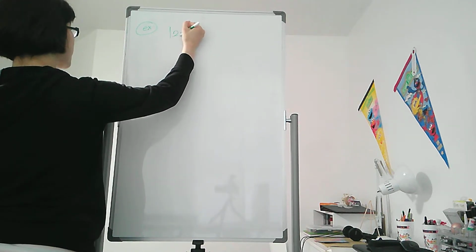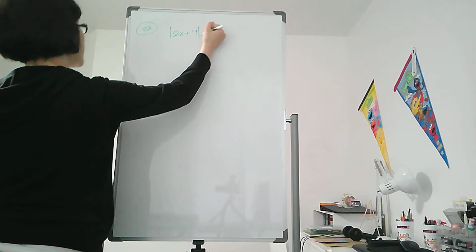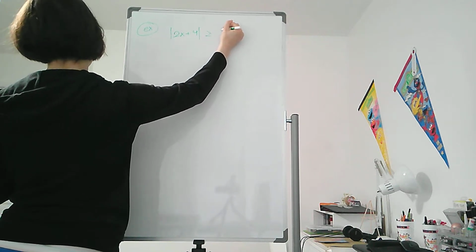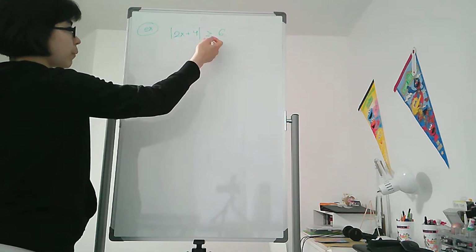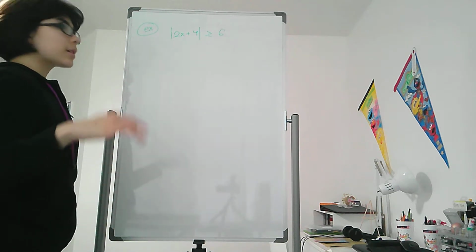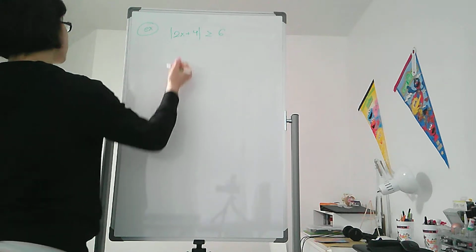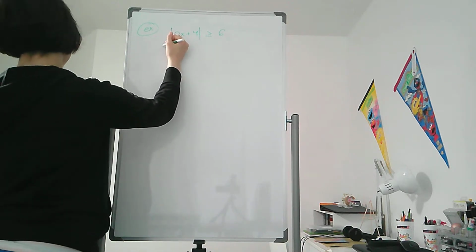The absolute value of 2x plus 4 is greater than or equal to 6. Now don't get freaked out because it has the equal part. It's still going to use a similar principle to solve. So what we're going to do, again, is split this into two